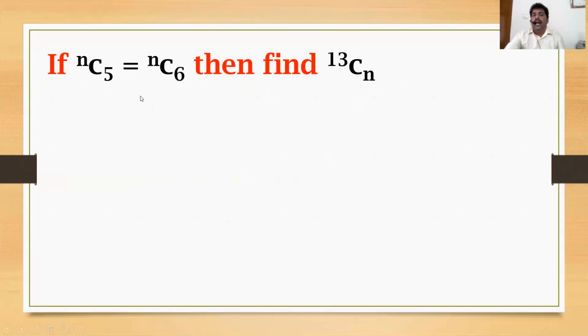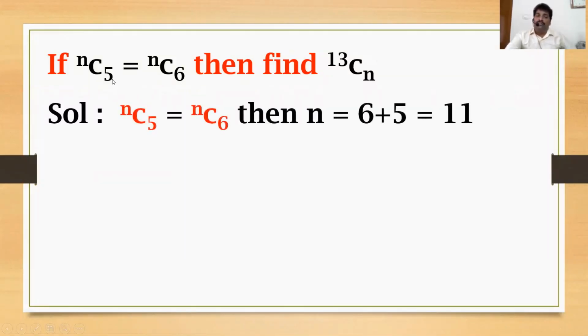If you use R is equal to S, I told, but here the first case does not apply because 5 is not equal to 6. What is the second case now? N is equal to R plus S. What is R here? 5. What is S here? 6. So R is equal to 5 and S is equal to 6. Therefore, the N value is R plus S, 6 plus 5, that is 11 using our previous formula.